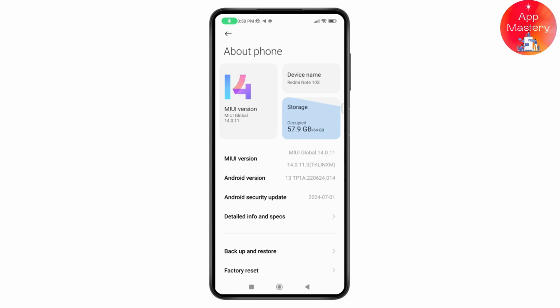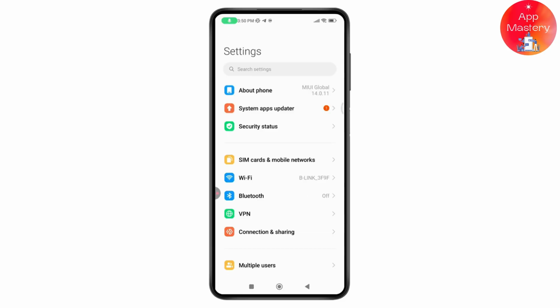You can manually select the One UI version and search for it, or you will also have the Android version right here. So make sure that your Android version is more than 6. If it is less than 6 or less than 7, then it's outdated